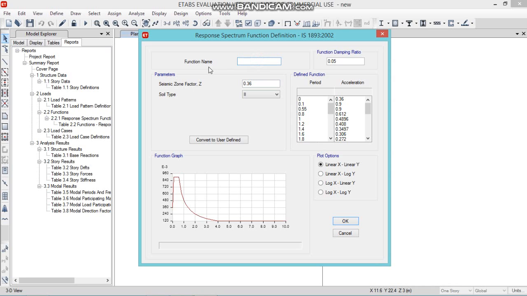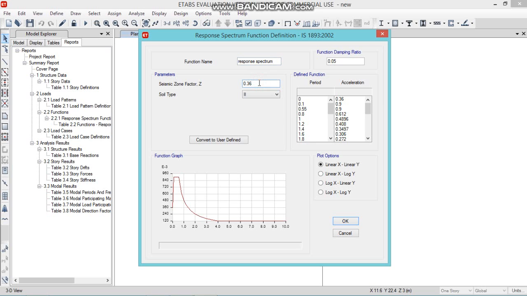Type the function name as response spectrum. Once you're done with that, set the remaining properties as per your location, which I have already told you in the previous part. Click on OK.